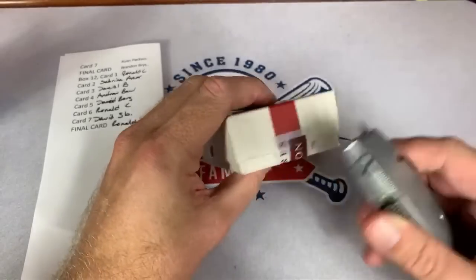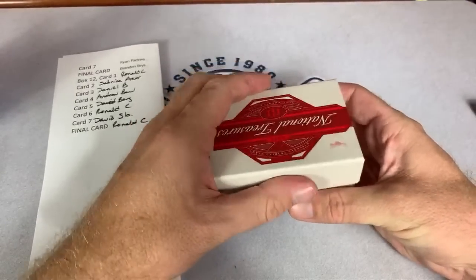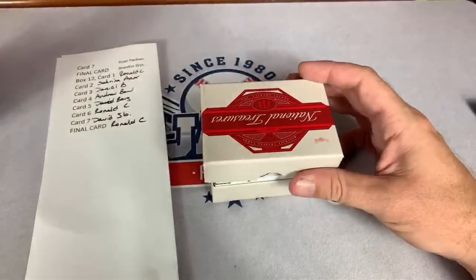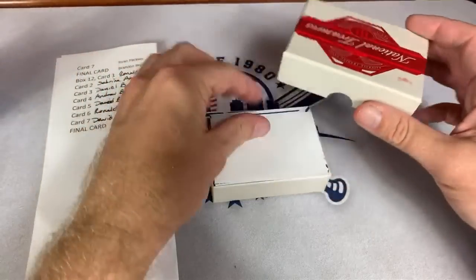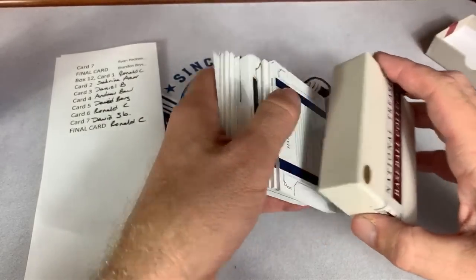All right, so open this up. Card number 1's for Ronald, our final box of the night. Thanks so much for being here for the last, I don't know, 2.5 hours, 158 minutes. Get this on top. Ronald, you have a...